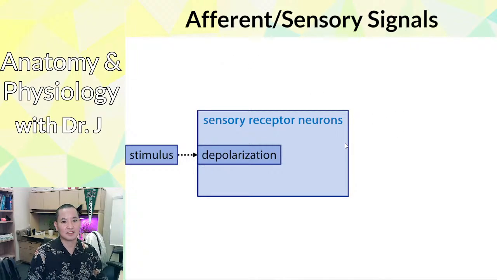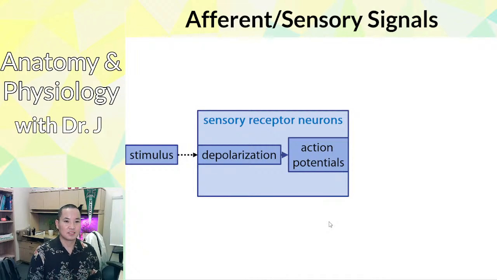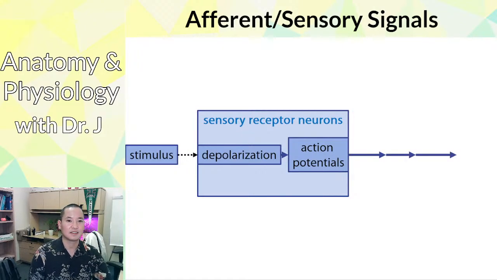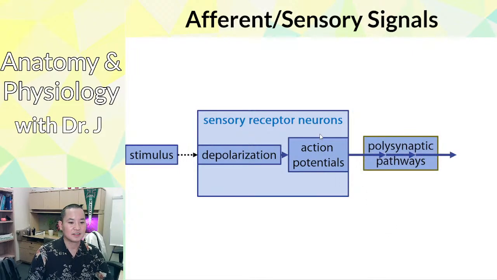And remember, this is everything with our previous 2 lectures regarding action potentials and ion movement and neurotransmitter release and different types of synapses. So depolarization results in action potentials, and neurons pass action potentials to other neurons and other cells. So these action potentials get relayed from neurons to other cells, and then they eventually